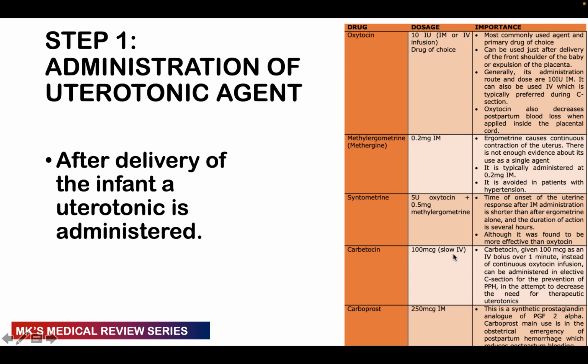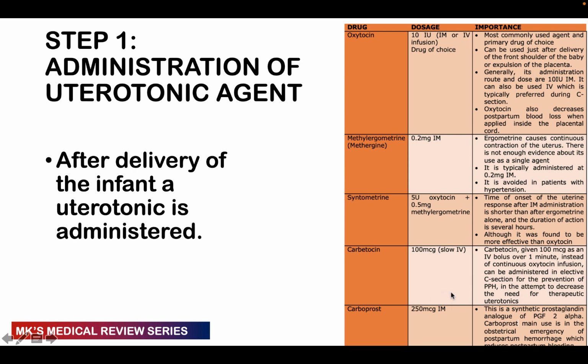Remember, this one is given as a bolus over 1 minute instead of a continuous infusion, and can be administered in elective C-section to prevent PPH, in an attempt to decrease the need for therapeutic uterotonics. Carboprost can be given at 250 micrograms IM, and this is a synthetic prostaglandin. It's an analog of prostaglandin F2 alpha. And the main use of this is generally in obstetric emergencies of postpartum hemorrhage,